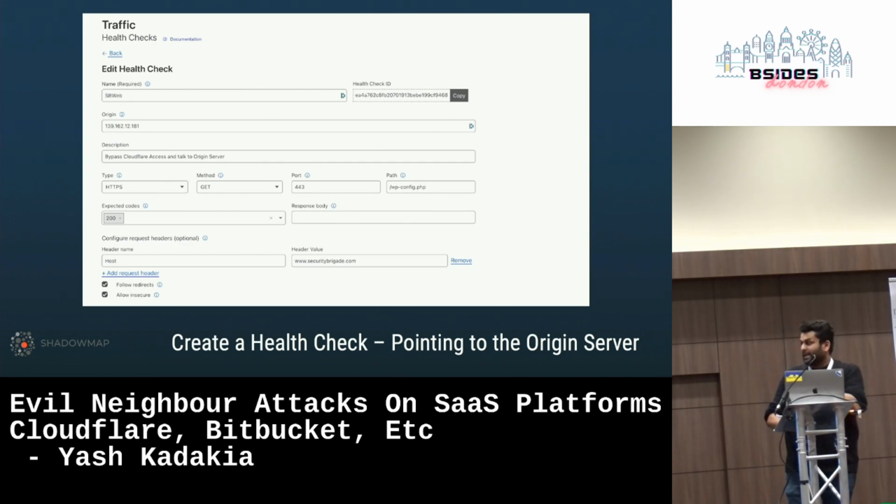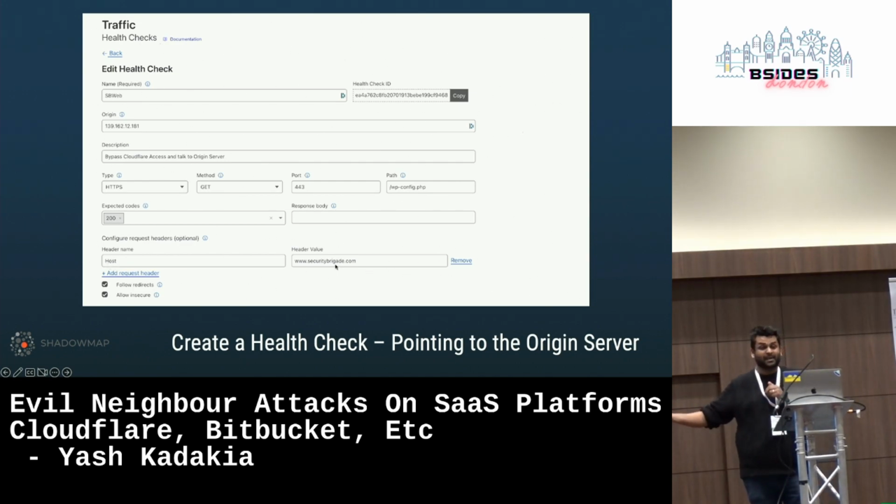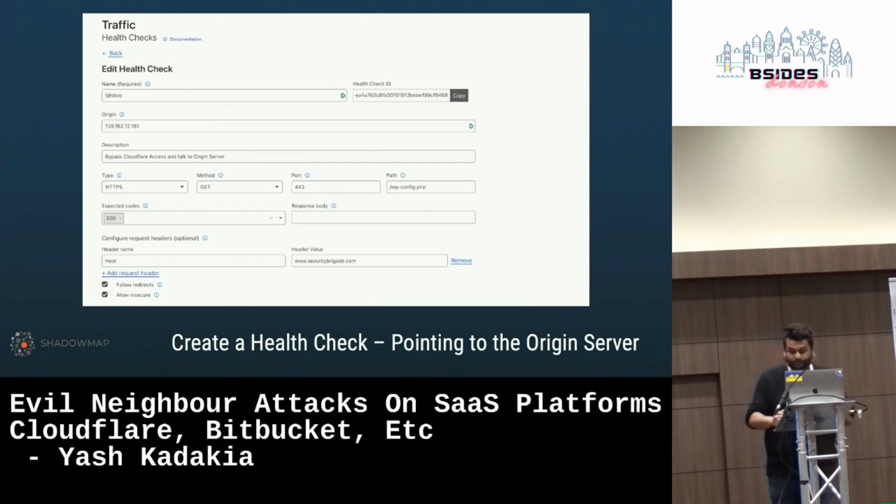So that's not the attack vector. We've then asked Cloudflare's alert to look for the WP config file that we got blocked with previously. We've asked it to make sure that it's getting a 200 OK header response back. And we're asking it to add a host header for www.securitybrigade.com or any internal subdomain in this case, right? So you could add a LAN subdomain, you could add any subdomain that's mapped to that particular IP address, and we should be able to access it, getting around a lot of the controls there.